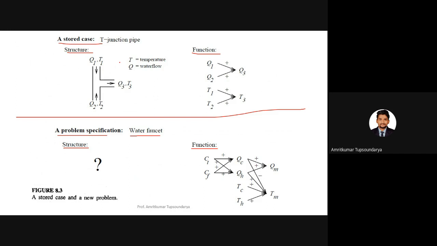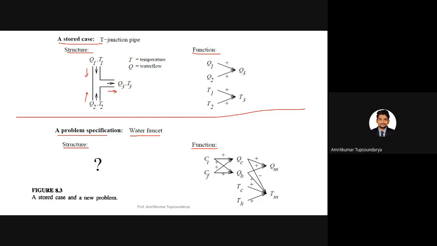And as you can see in the flow of the diagram, there's some water flowing from here with some temperature, and some water flowing here with some temperature, right? It's a T junction, so the output that we are getting will be a new temperature and a new water flow here,